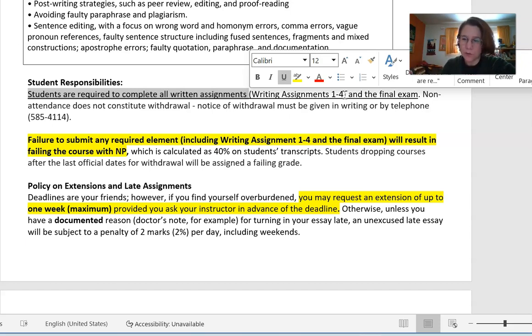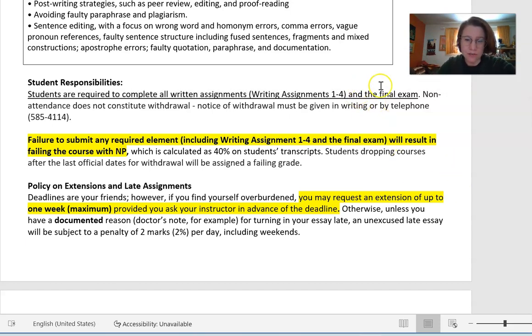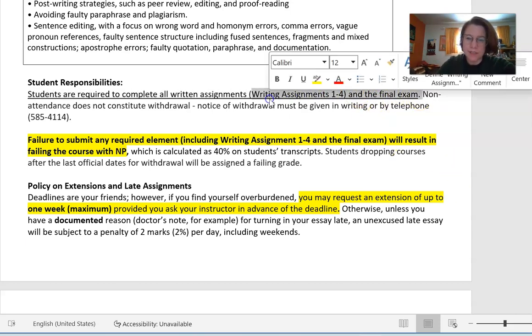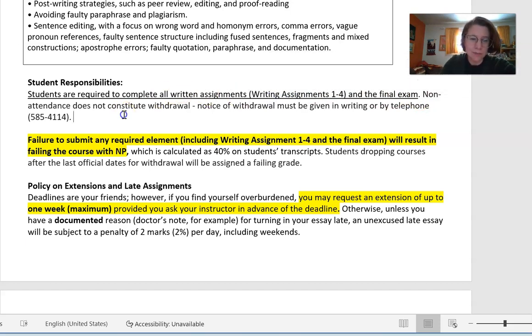There's also a discussion forum that's worth marks that you should do to get a good mark in the class, but it's not mandatory in the sense that if you miss one of the discussion forums, it's not going to result in your incompletion of the class. It will mean you've lost 5 marks, which can add up if you didn't write all of the discussion forums. But for major assignments, there are 4 major essay or essay type assignments and a final exam that are mandatory for this class.